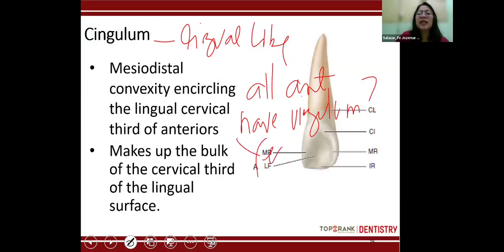Yes. So, kung tatanungin kayo, ilang cingulum meron sa oral cavity, human oral cavity? Ilan lahat? Very good. You have 12 all in all. Now, baka akala natin wala kaysa mandibular anteriors because they are not prominent, but they are still present. Okay? So this is true for both primary and permanent. You have cingulum in all anteriors. You have 12 in both primary and permanent dentition.